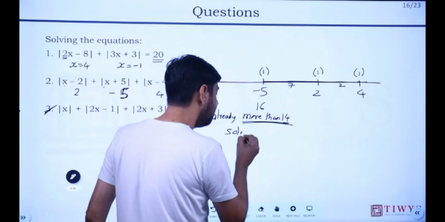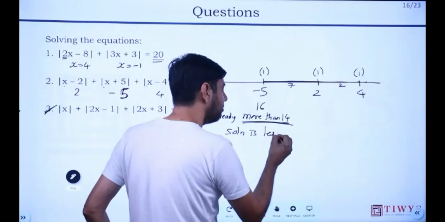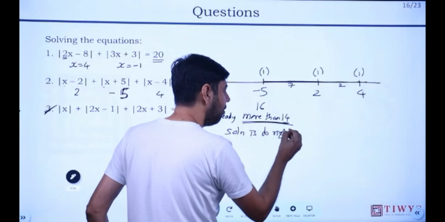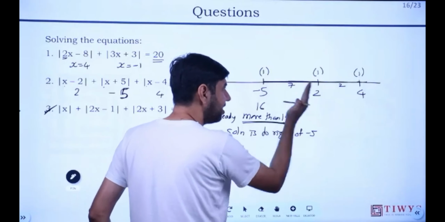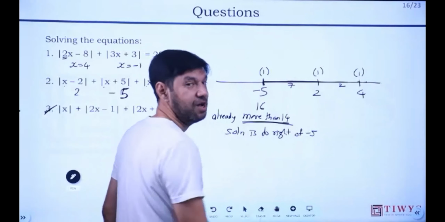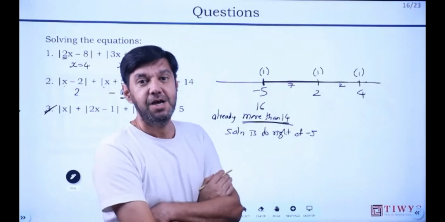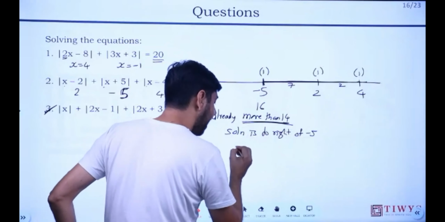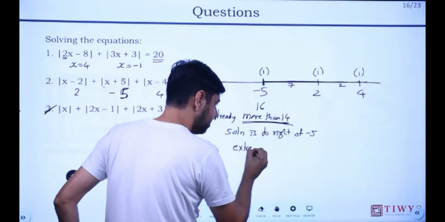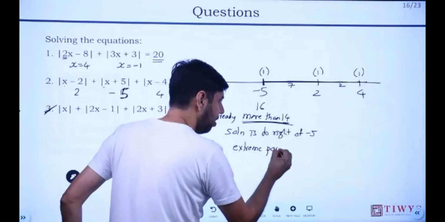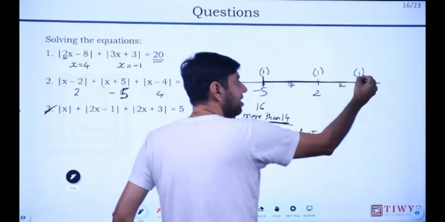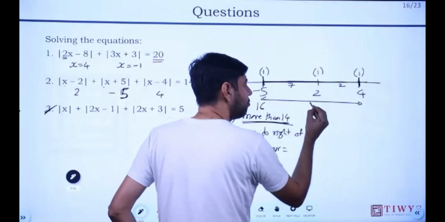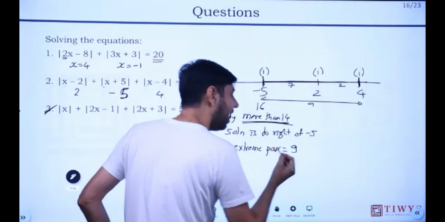सो सॉल्यूशन इज लेस देन, और लेस देन मतलब टू द राइट ऑफ -5, -5 के राइट में है सॉल्यूशन, ये वो ट्रिकी पॉइंट है। तो यहां आते ही क्या करना है, नाउ इन योर माइंड, ओके, द एक्सट्रीम पैर, दिस गाय एंड दिस गाय, एक्सट्रीम, ये कितने डिस्टेंस करेंगे यहाँ पर, 7 and 2, 9, द एक्सट्रीम पैर तो 9 ही करेगा,